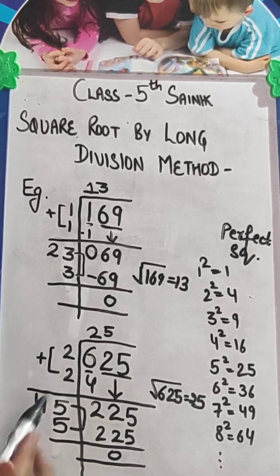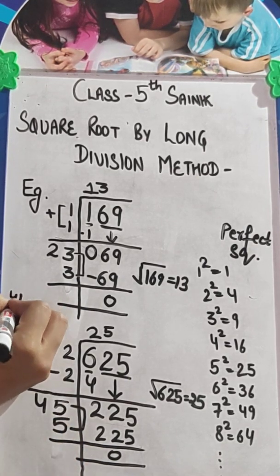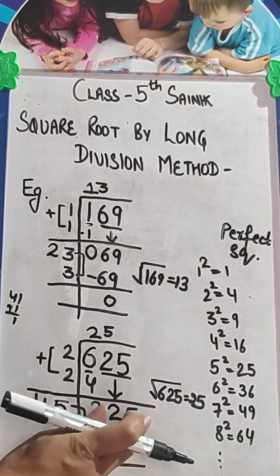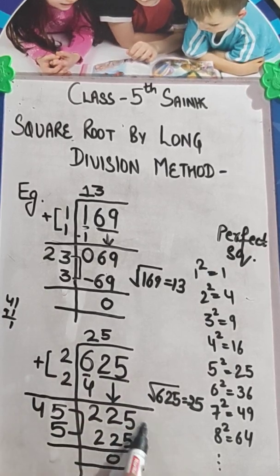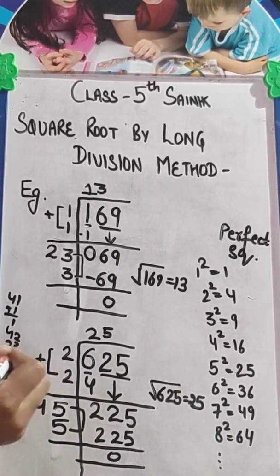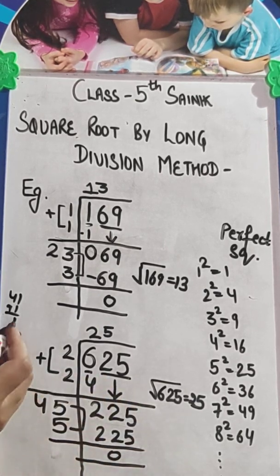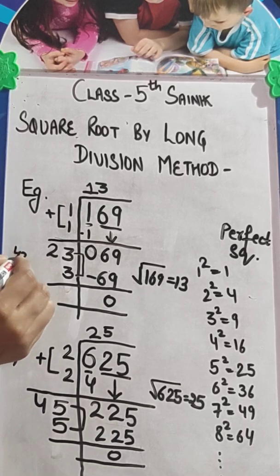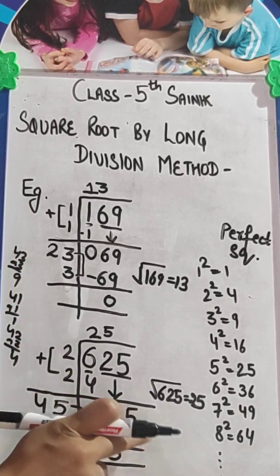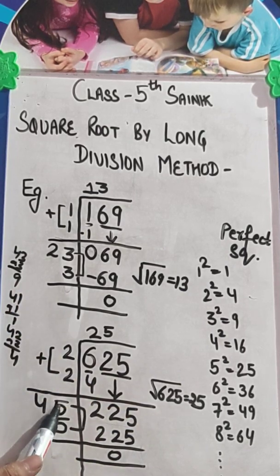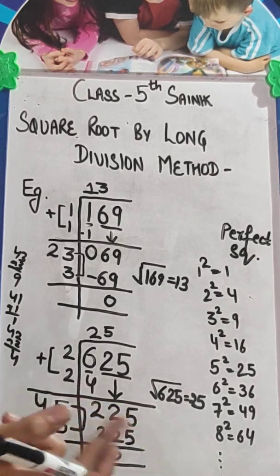Now look here everyone, how you check that you will get 225 here. Supposedly if you multiply 41 by 1, you will get 1 in last. But we want 5 in last. If you multiply 42 by 2, you will get 4 in last. But no, we want 5 in last. In the same way, if you multiply 43 by 3, you will get 9 in last. That is also incorrect. We want 5. If you try 5, 5 into 5 is 25, means in last we are having 5. So chances may be there that we will get 225.